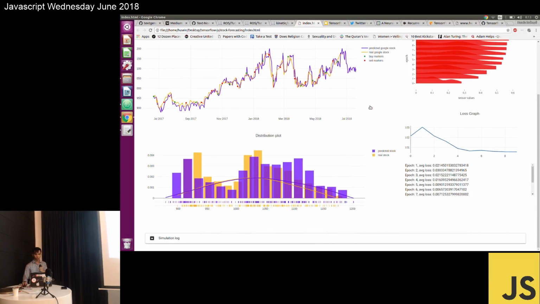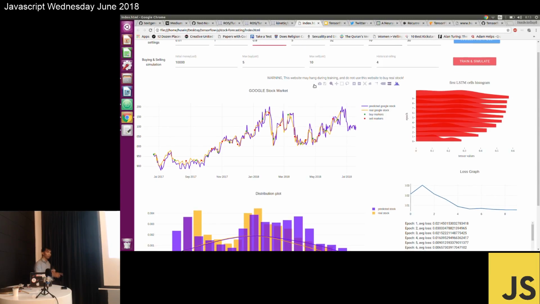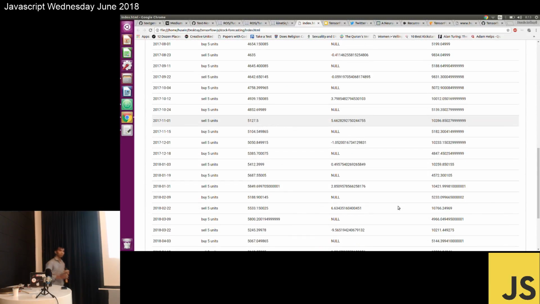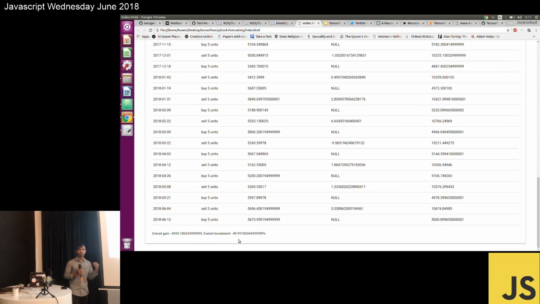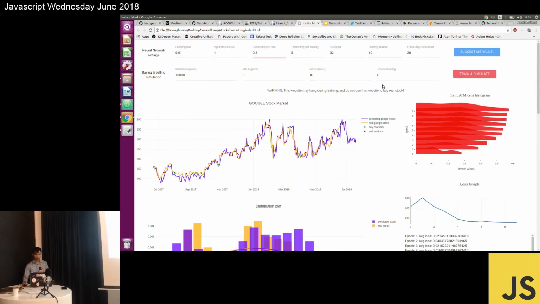So what happens with this buy and sell direction? You can play around with the rolling. This is signal rolling, investment rolling. And the initial money is what you want to put in when you play the simulation. Based on my historical rolling and simulation log, I lost about negative 49%. That means if I follow the AI's decisions, I will lose about $4,000. So you need to play around with the buying and selling simulation.